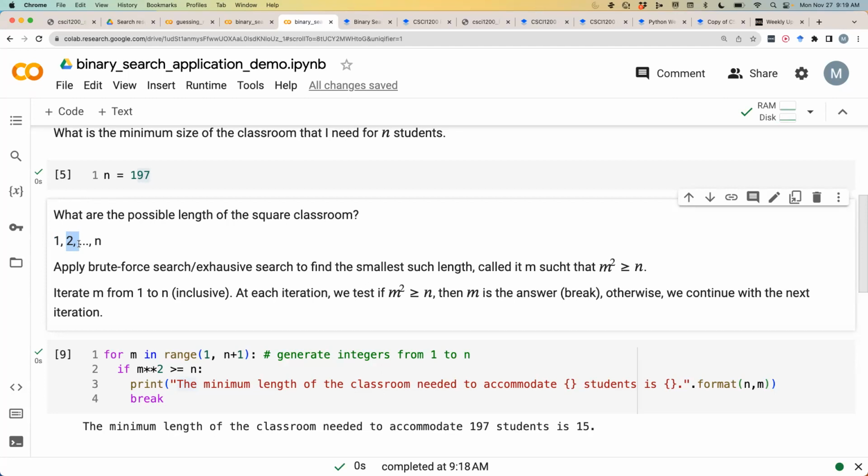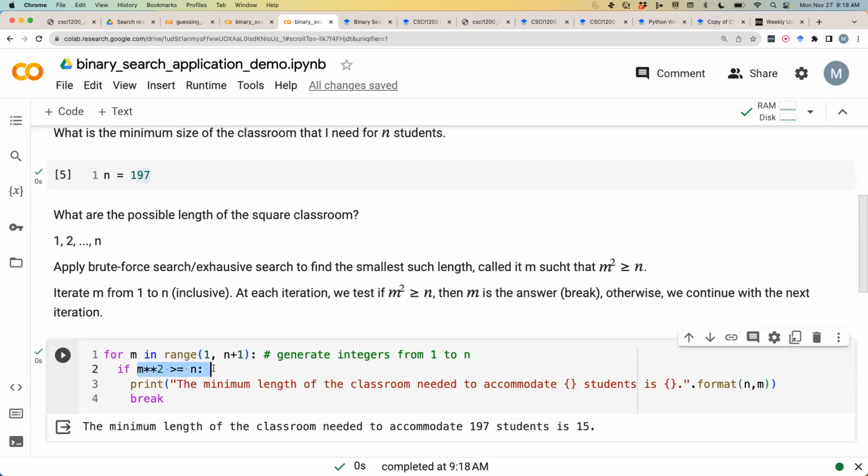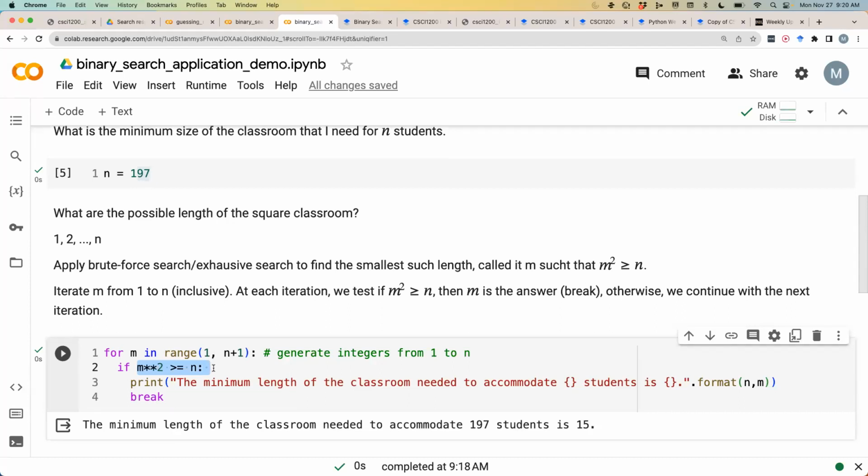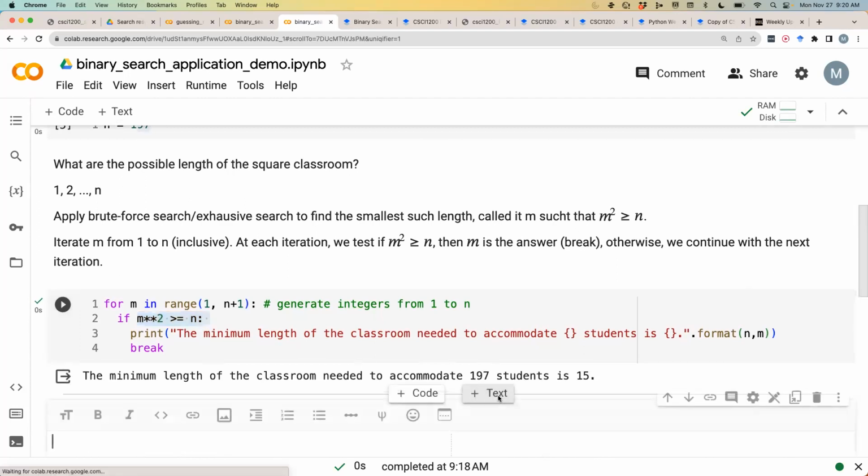So then you think, besides exhaustive search, is there any other strategy that you have learned? You have learned binary search. Can we use the idea of binary search in this manner, where we can reduce the number of checks? Here we're checking elements starting from 1. Binary search allows us to rule out some elements. So in our case here, let's just write here. For n equals 197, for this particular element, we make